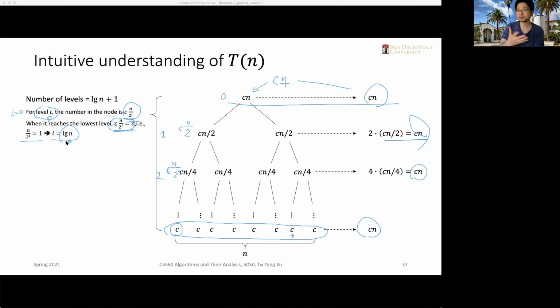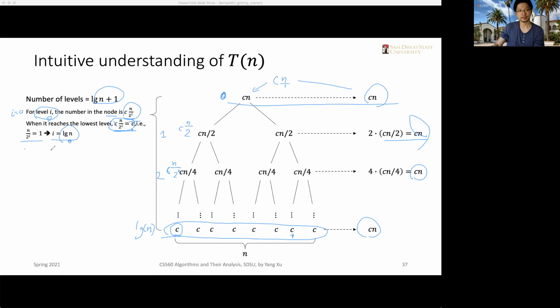And this logarithm has base 2, okay? That is how we know that for the bottom level, the level index should be logarithm of n, okay? And since the index starts from 0 here, we will have logarithm of n plus 1 levels in total,